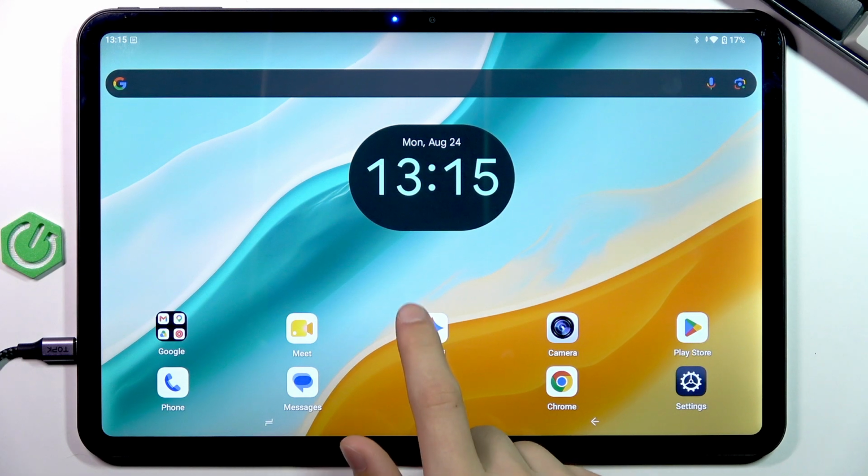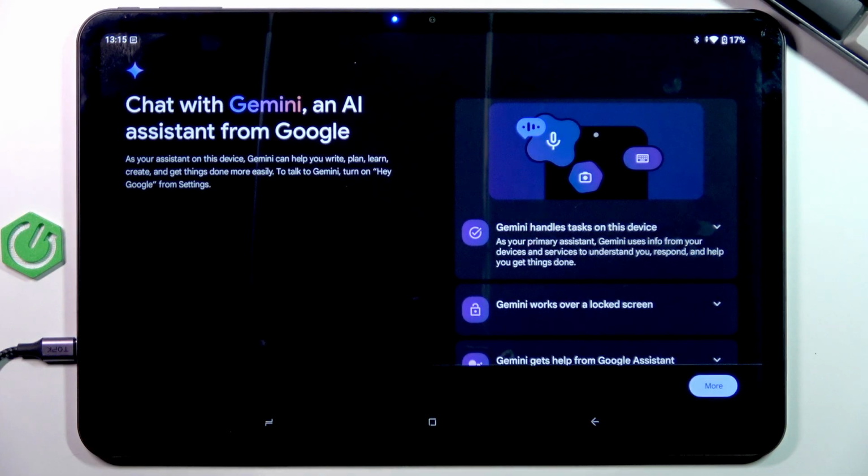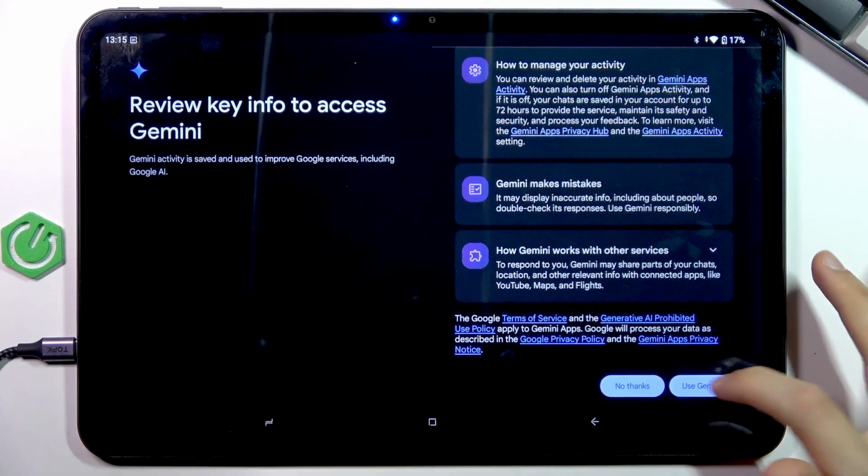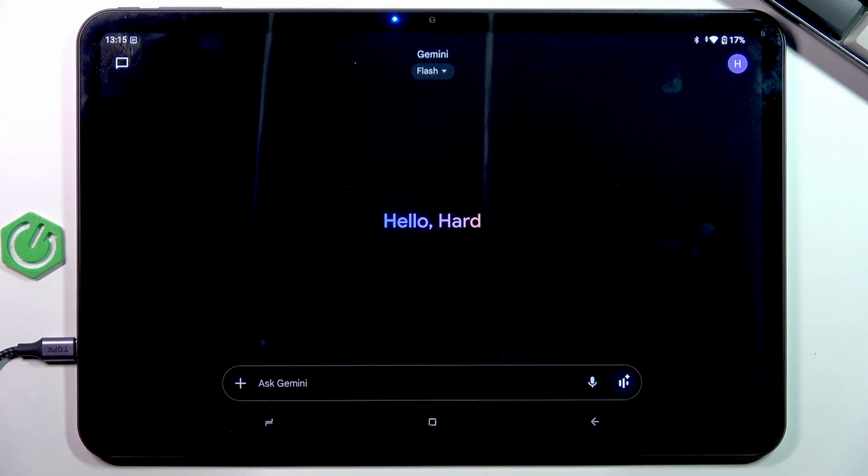First of all, open the pre-installed Gemini application on your tablet. Then swipe down and tap Continue. Swipe down once again and tap Use Gemini. This will redirect you to the Gemini chat on your screen, and here